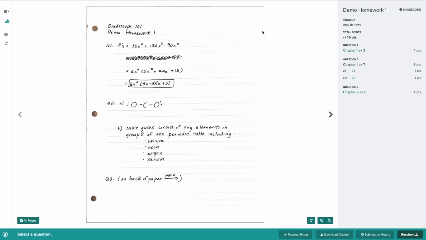On the right, on Gradescope, we see the assignment outline and point values that the instructor has defined, and on the left, we can see our actual submission. From here, if we want, we can reselect the pages, download the submission, or resubmit as many times as we'd like before the due date passes or the time limit runs out if our assignment is timed and per our course's policy. On this page, we can also see the status of the homework, which is still ungraded, and we'll come back to the View Submissions page when our instructors finish grading the assignment.